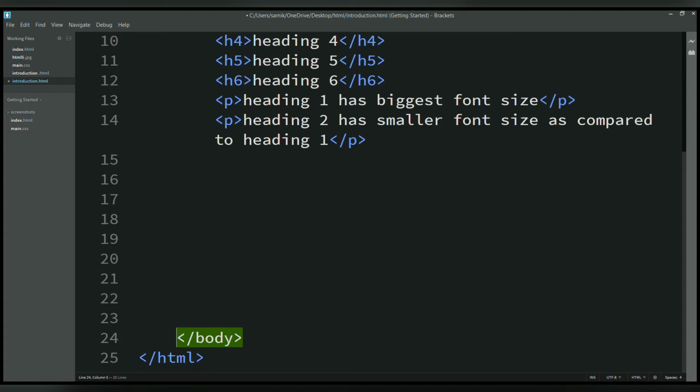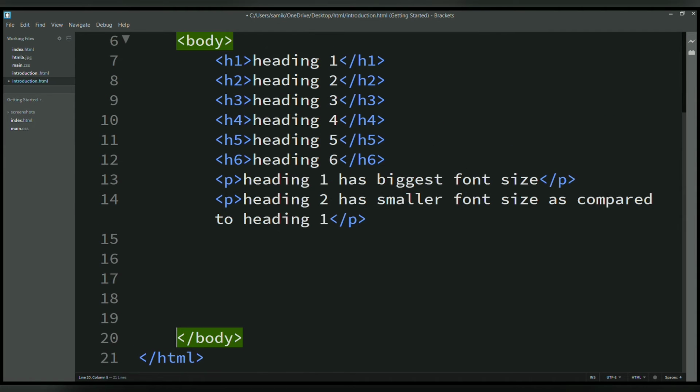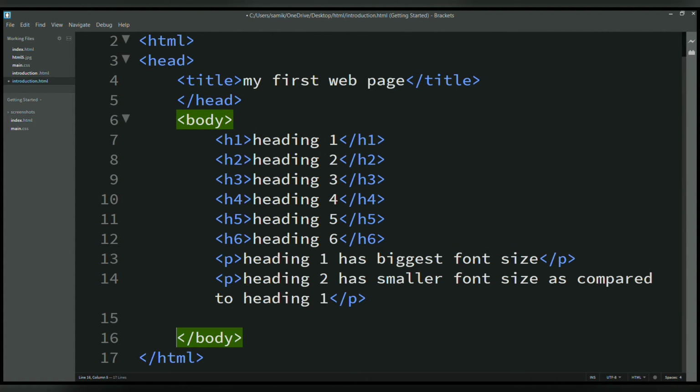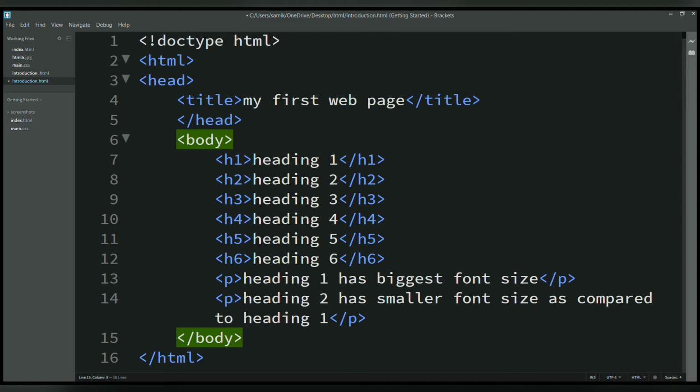Now when we run this, I have told you in the last video also, this sparkling sign is used for viewing our web page. So let's view our web page.